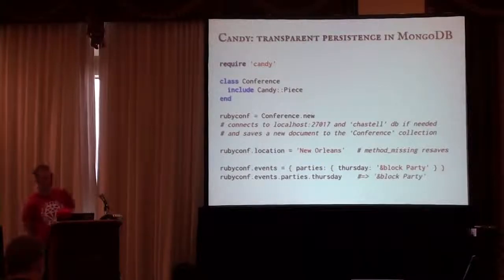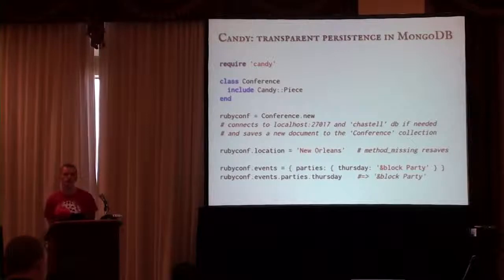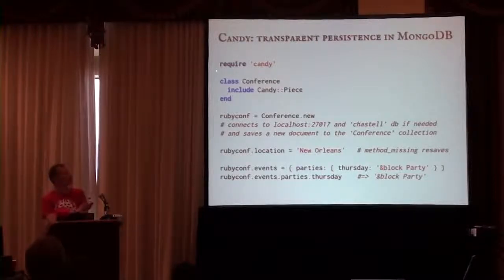So Candy, created by Steve Alley, who is known for his science fiction podcasts and also his Ruby work, created a way to persist objects in MongoDB that is totally transparent from the point of view of the system. If we require the Candy gem and we create a conference class that includes Candy, the naming is somewhat disputable, but it's his choice.